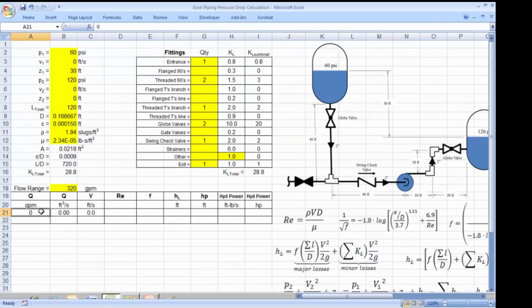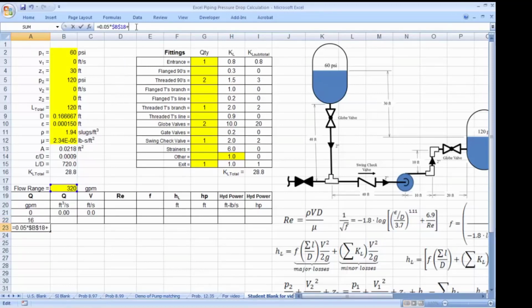It's not critical that you put in the equation for the first line. Right here, I'm going to take 0.05. So it's going to be 5% of this flow range, right? I have that flow range, but what I'm going to do with that is set it with the F4 button with double dollar signs. Okay, I'm going to copy this and bring it back down,